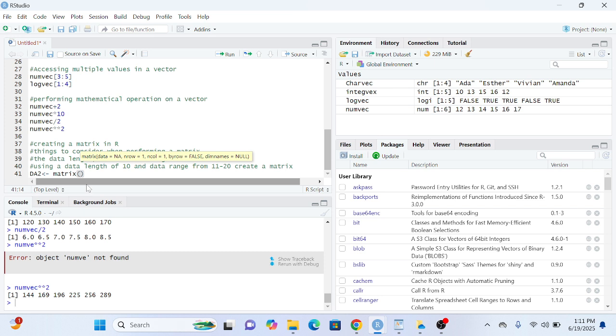Now I said I want to use a data length of 10 and a data range of 11 to 20. So have it in mind that since I've stated what I want to use, my data length is 10 and my range should be 11 to 20. So my range can be 11, 12, 13, 14, 15, 16, 17, 18, 19,